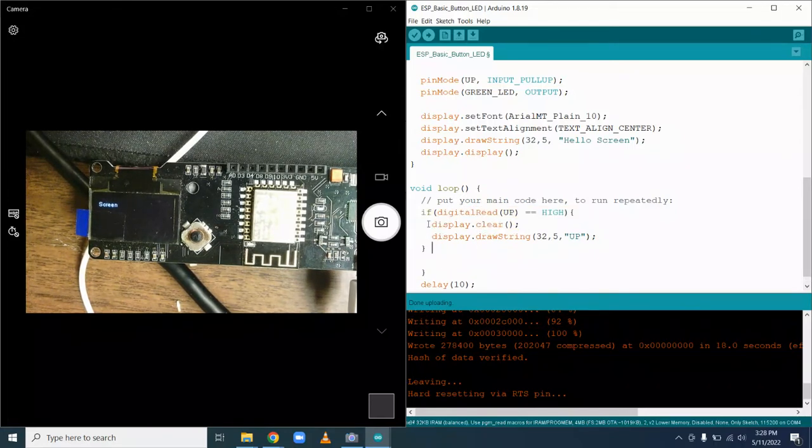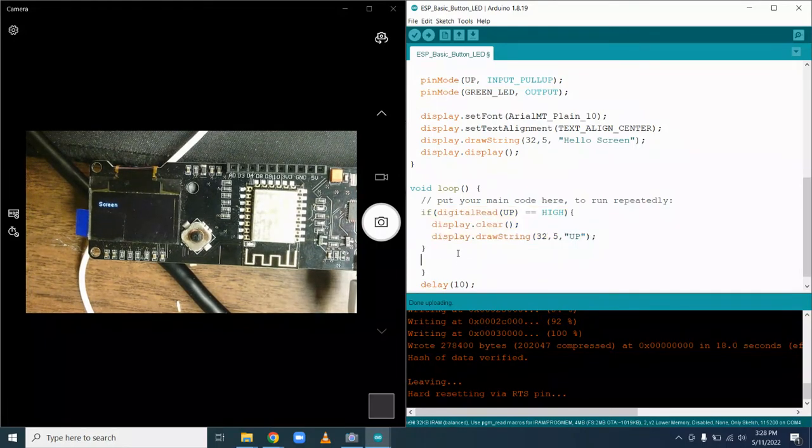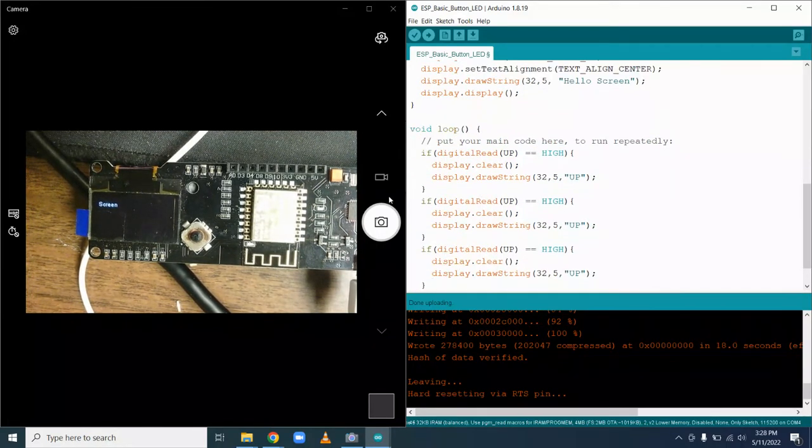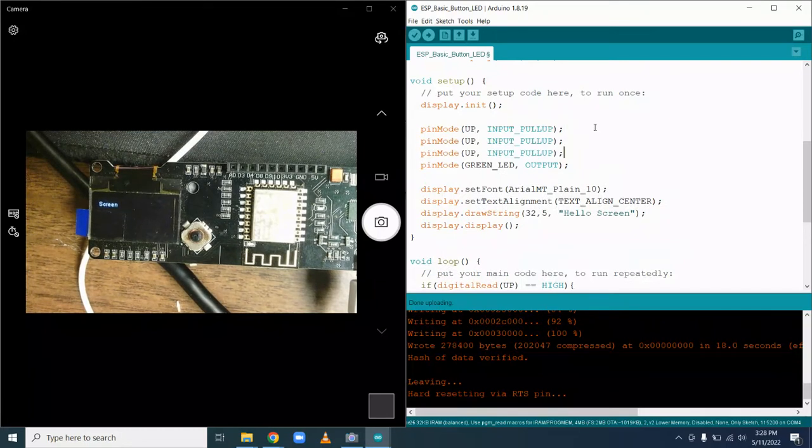And let's steal this code from ourselves. Control C, Control V. Now we're going to copy this code. Control C, Control V. We're going to do down,